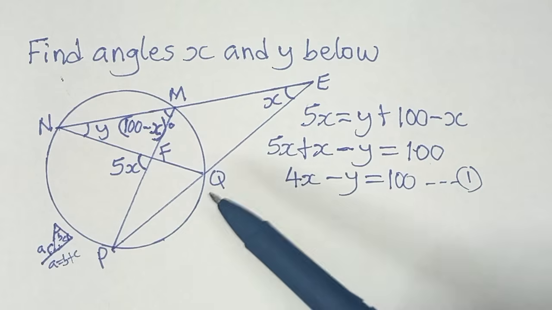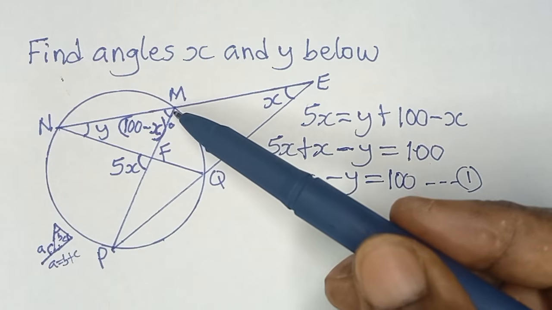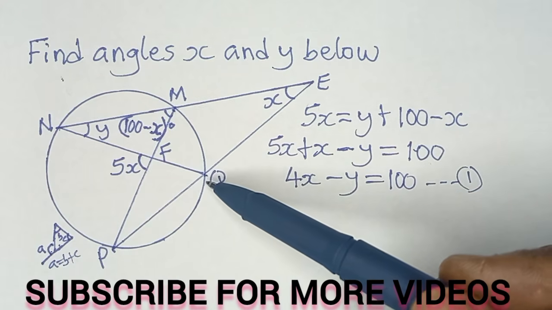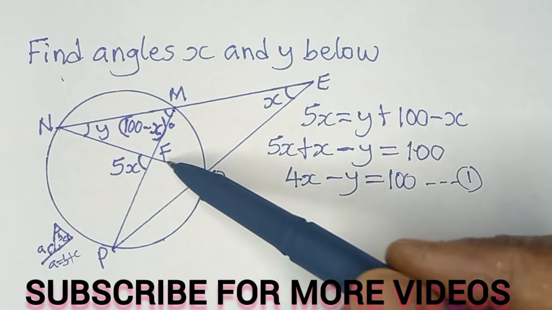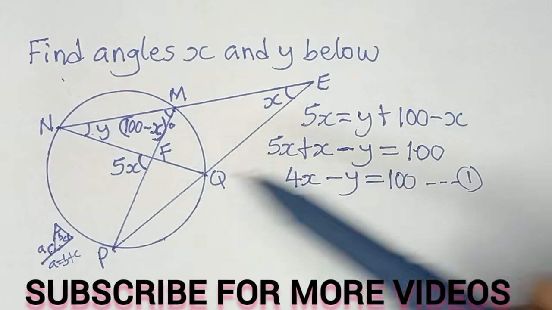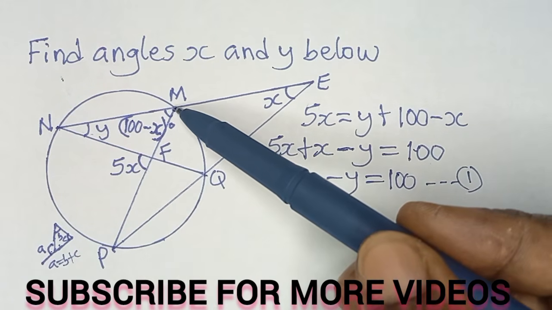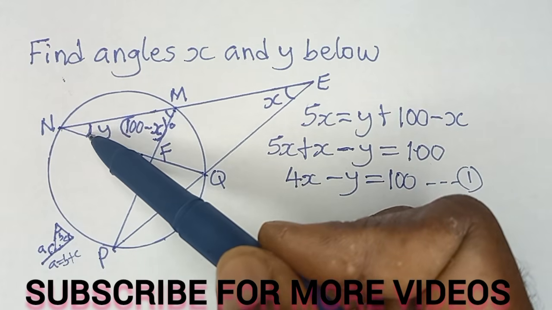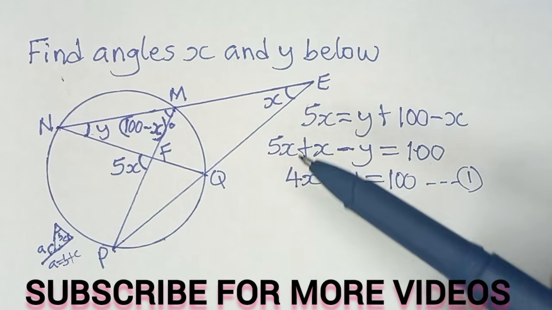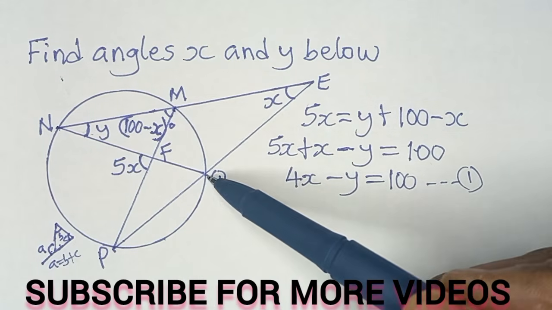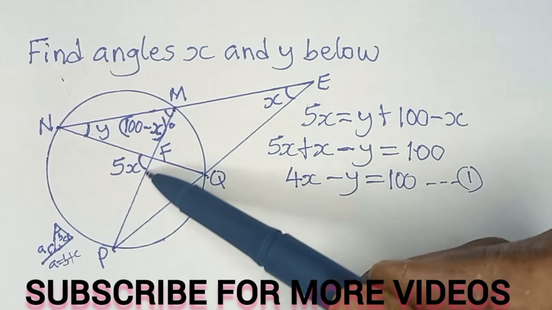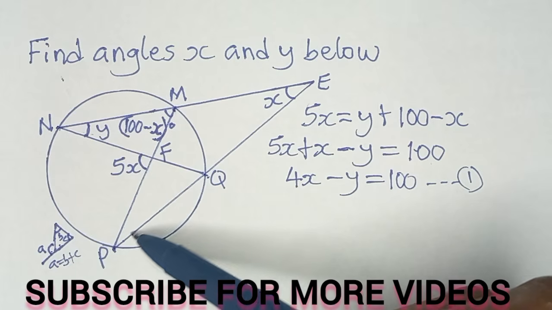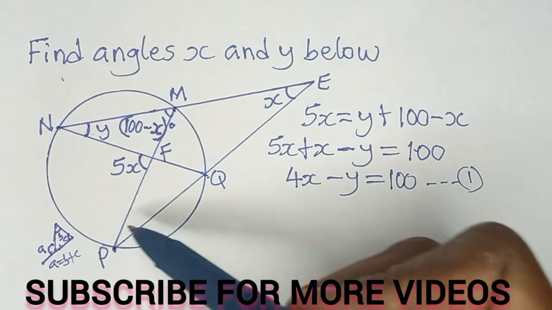Then now, let's look at this point M and Q. If you look at it very well, I have this line going to the circumference of the circle at N. And then from point M, I have this line going to the circumference of the circle. And the two lines together form this angle Y here. In the same way, from the same points M and Q, I have this line coming to the other part of the circumference at P. And then from here, this line coming to the other part of the circumference at P. Together, they form this